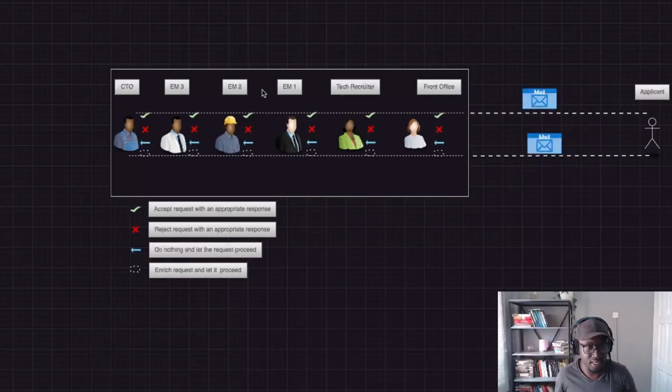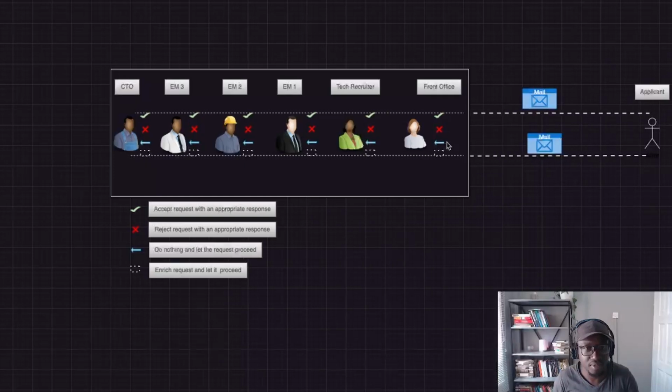Each of these 6 handlers we see here that we've just talked about does one of a few things. In the previous section, we talked about different possible responses the applicant can expect during their job application process. So I have reflected the actions that cause each of those responses with these small icons over here. So these icons show the possible actions that each of the stakeholders or handlers of the application can perform. And I have keyed them down here such that we can understand what each of the different icons means or